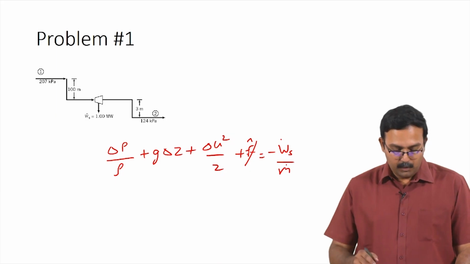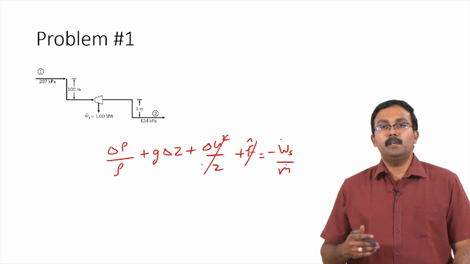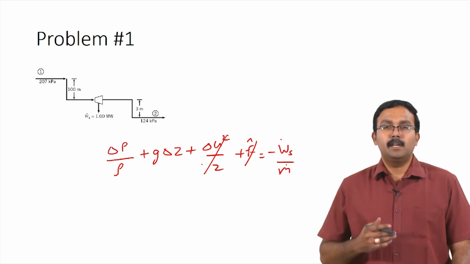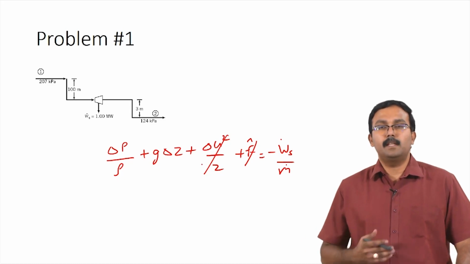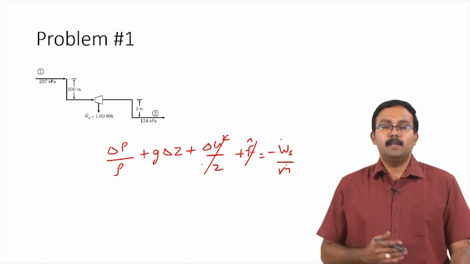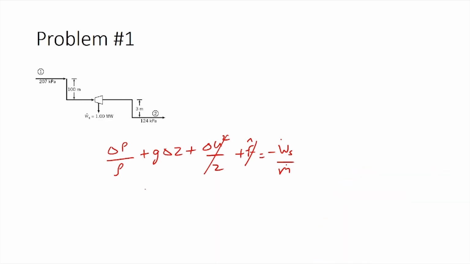We can also ignore the change in velocity because we have not been told that the conduit is changing in diameter. We have been told that the conduits are similar, which means we can assume that their cross sections are the same, which would indicate that the linear velocities would also be the same. So the equation here simplifies to delta P divided by rho plus g delta z equals minus Ws dot divided by m dot. The shaft work has been given as Ws dot equals 1 megawatt, which is equal to 10 power 6